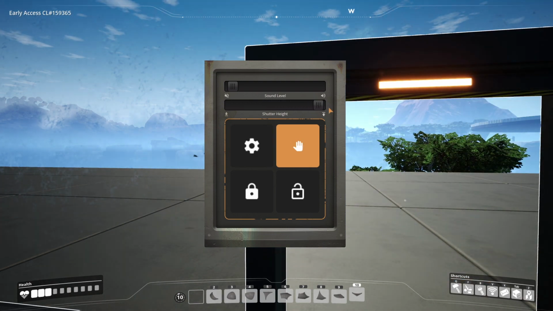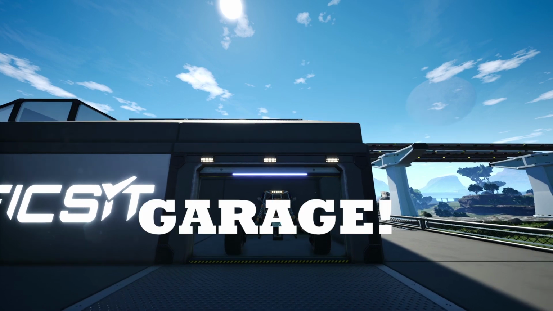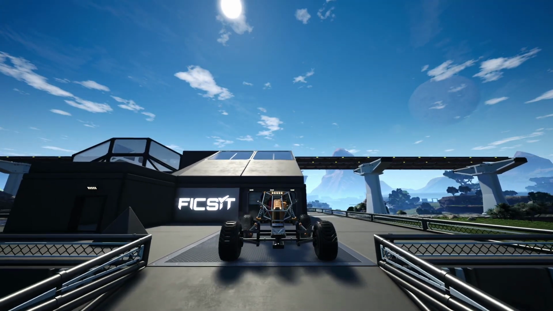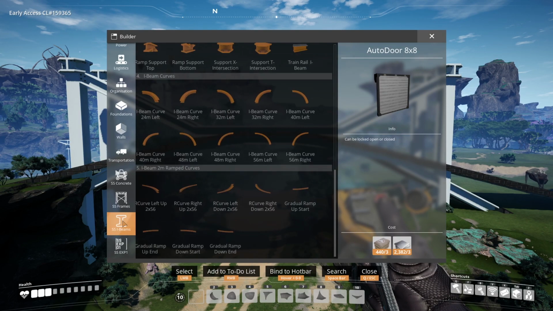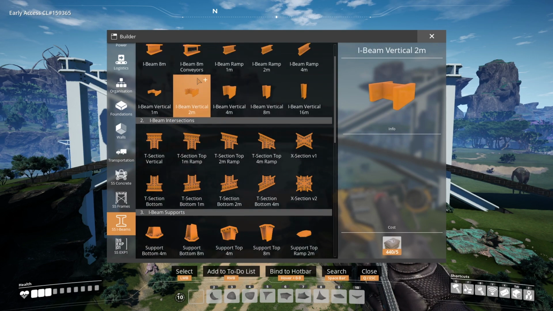Also, another really cool addition is the automated door for the big doorway, to make garage-like effects, which I think is pretty cool if you're going to be driving around using the Explorer. And now that we've touched on the glass and also the frames, let's have a look at the third tier